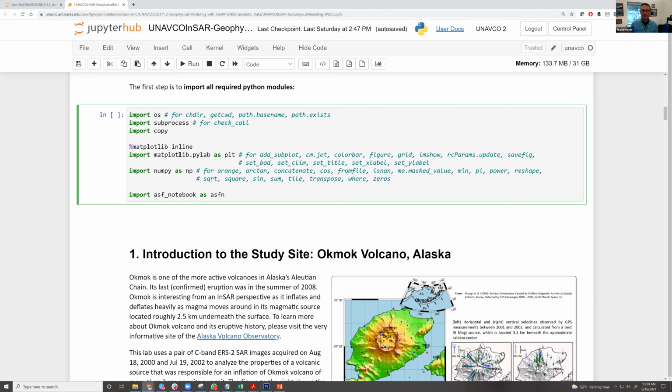This is a library that allows you to visualize data in a way that's similar to what you experience with MATLAB. If you are familiar with MATLAB code, the way MATLAB visualizes data is very similar to what matplotlib is doing. We use NumPy in, I think, all of the notebooks, which allows us to do mathematical operations on data sets